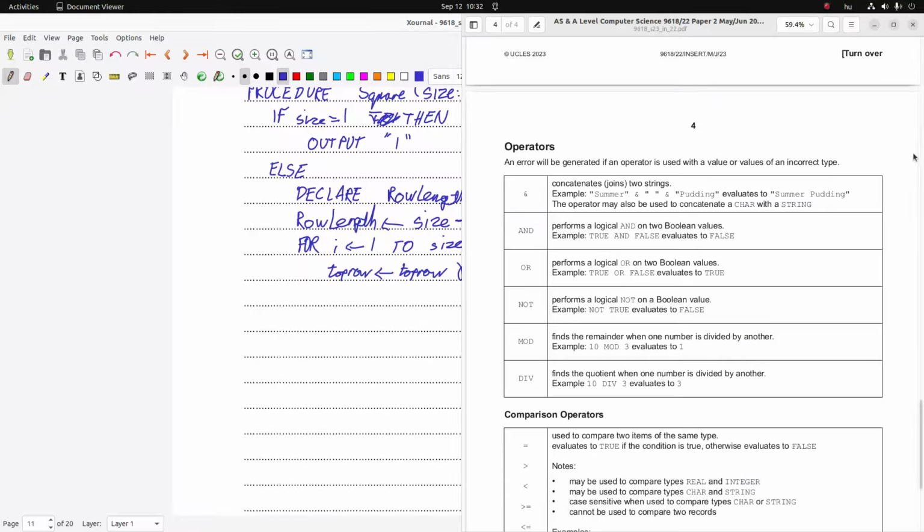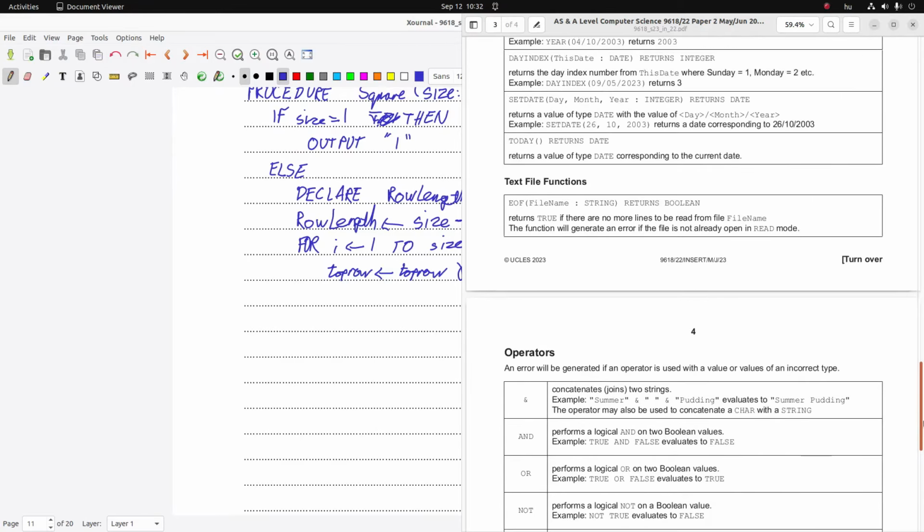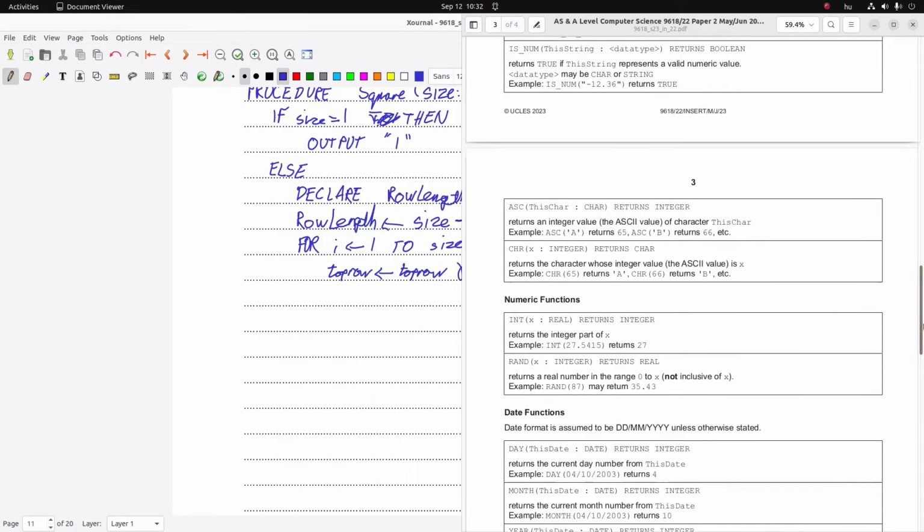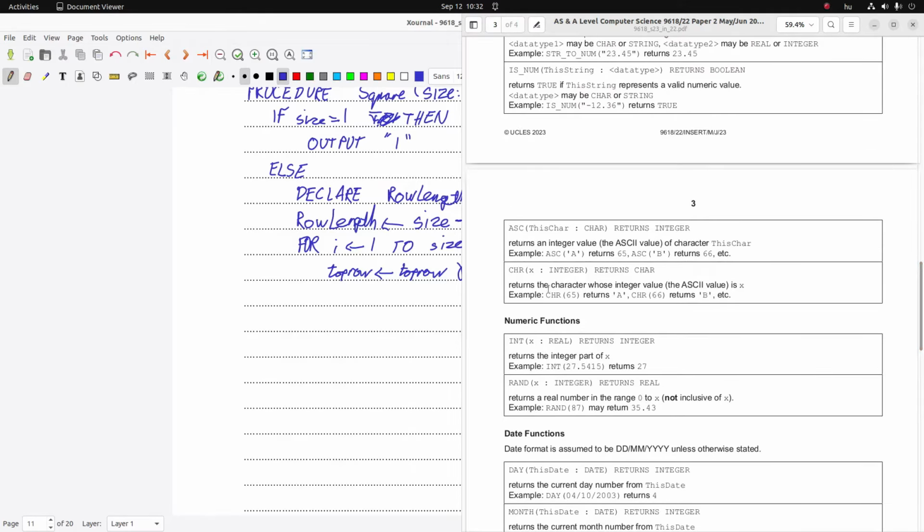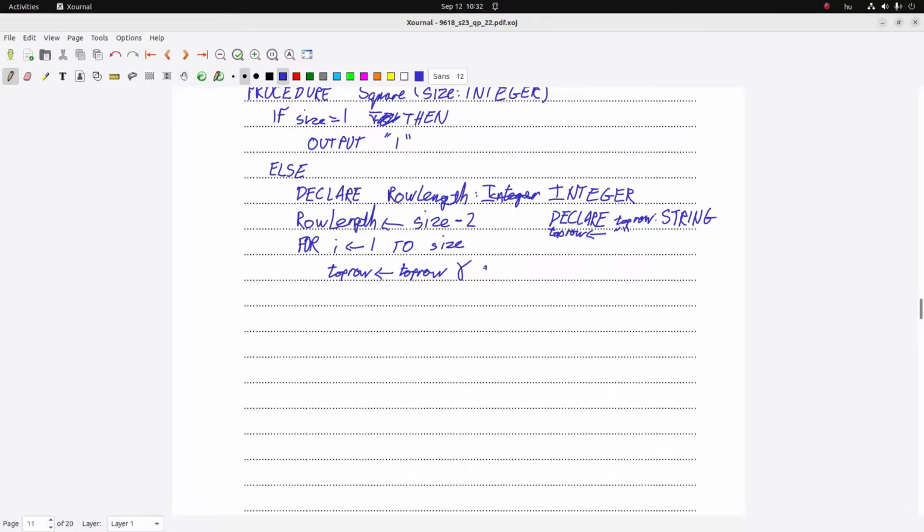Well, it's quite a tough question for just 6 points. We need the char of size. We need the char of an integer. Char of size. I have to say it's quite tough, but you can get partial credits easily. And that should be enough to declare the top row,